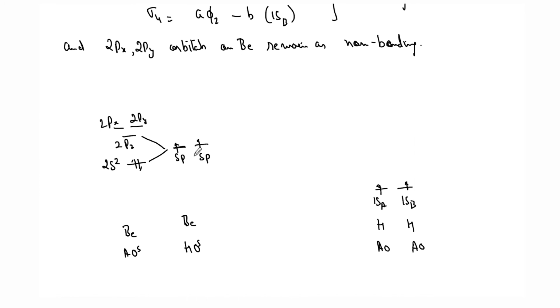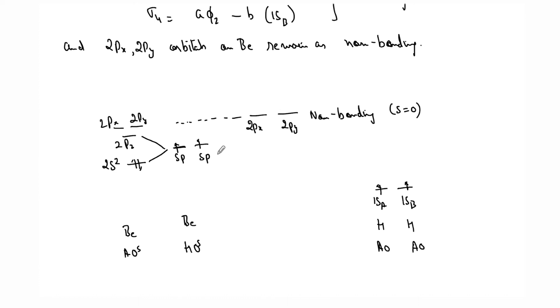Now these have to combine with these because they are of same symmetry. It cannot combine with 2px and 2py. S orbitals of this hydrogen cannot combine, so this will remain as non-bonding, right? So 2px, 2py, these are non-bonding. So this you can also calculate from Slater's overlap integral. The overlap between these two, if you calculate the integration, it will come out to be 0. So that's why this will be non-bonding. Okay. Remember that condition, S equal to 0 non-bonding. So this will be S equal to 0. And S is positive means bonding, S is negative means anti-bonding, right?